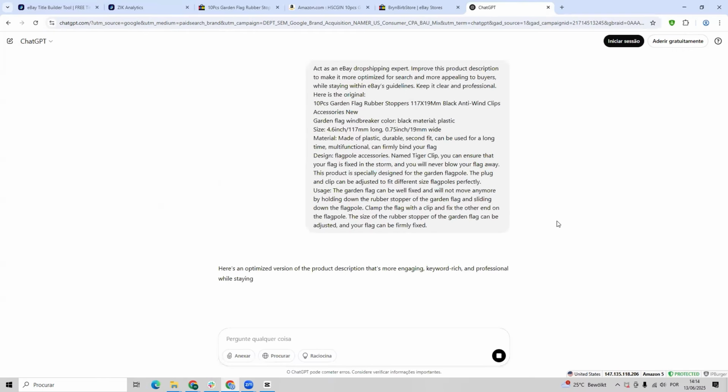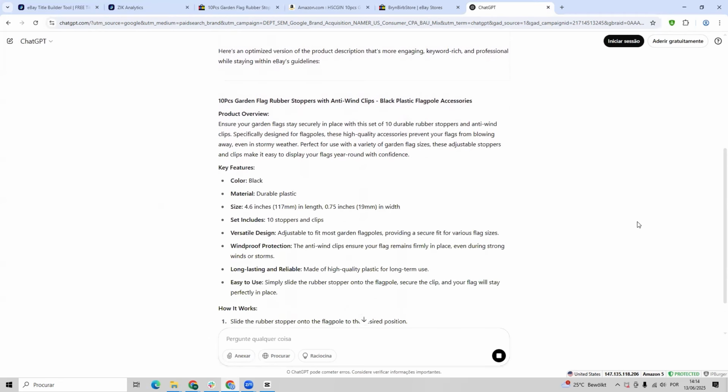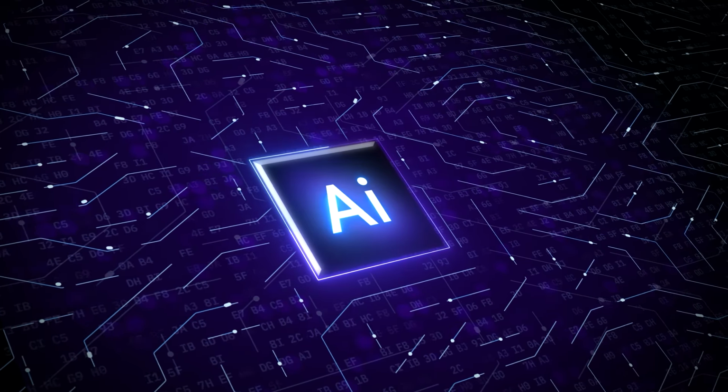That's it. Drop it into ChatGPT and you'll instantly get a more polished, competitive version ready to help boost clicks and conversions. Now, if you're just starting out and have a low selling limit on your eBay store, it's better to do this step for each of your listings. You'll need as much visibility and exposure from eBay as possible since you're focusing on quality over quantity. And if you already have higher selling limits, you can focus on the products that are performing well in your store and take your product differentiation a step further by using AI to optimize the product descriptions for those top selling items. Let's look at 2 simple and easy ways of finding the source of the product he is selling